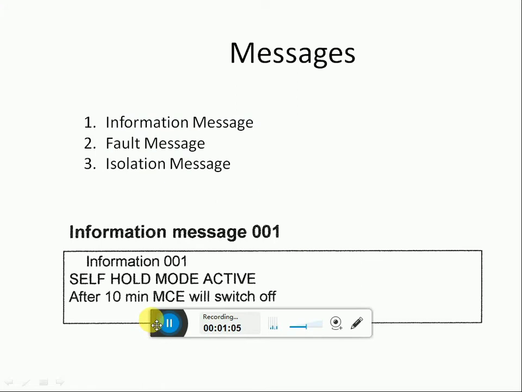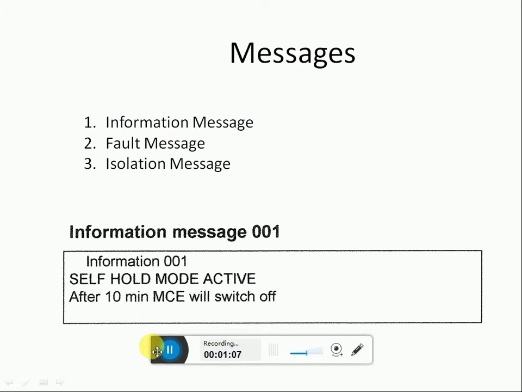Through the screen, we can see three types of messages. One is information message, second one fault message, third isolation message. For example, information messages such as self hold mode active.